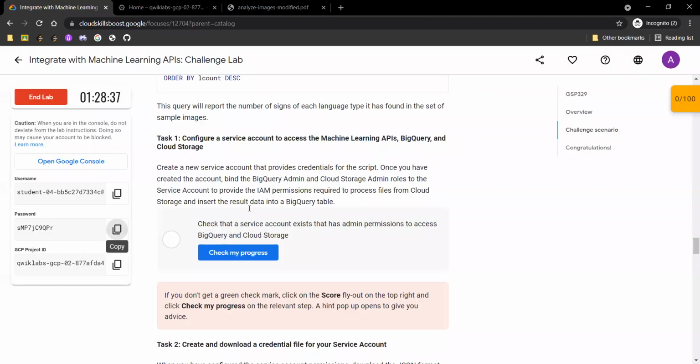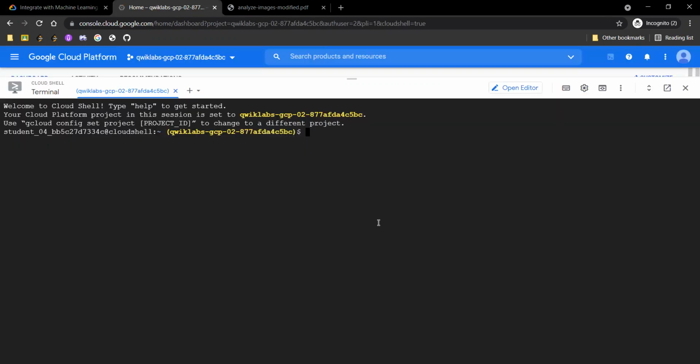So yeah, the first task for this challenge lab is to create a service account and give it the access to the machine learning APIs, BigQuery and Cloud Storage. So firstly, we'll create an environment variable. And using this environment variable, we will create our IAM service account.